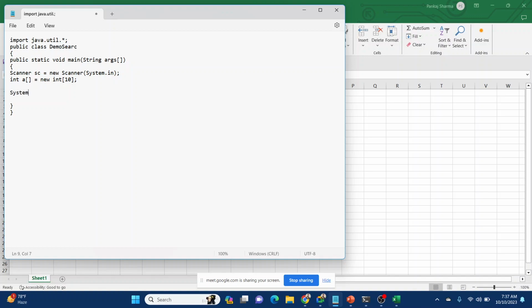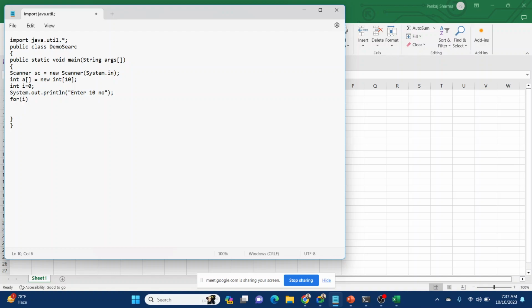Now we will tell the user to enter values: enter 10 numbers. Now the user will try to enter 10 numbers. Declare i also, so that we will take i as a flag in future.